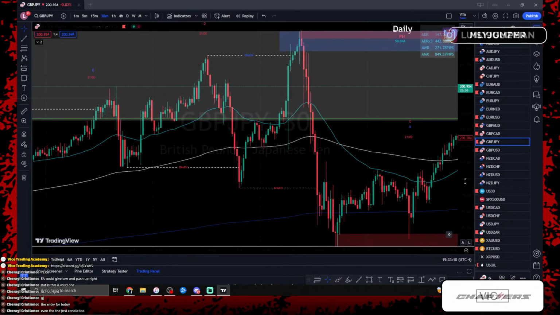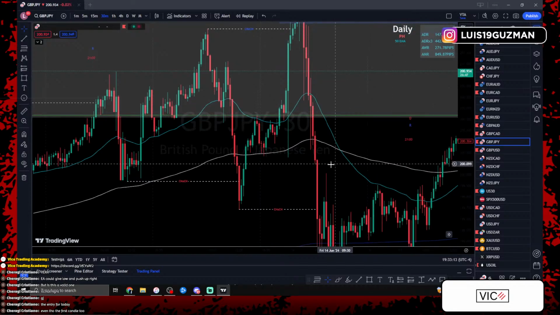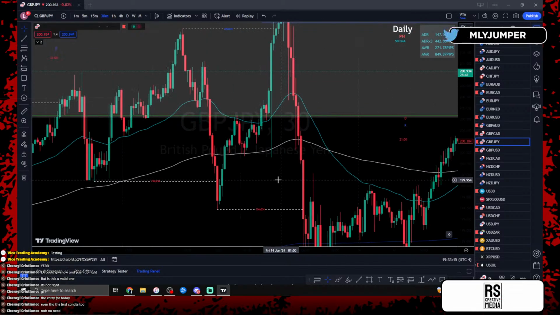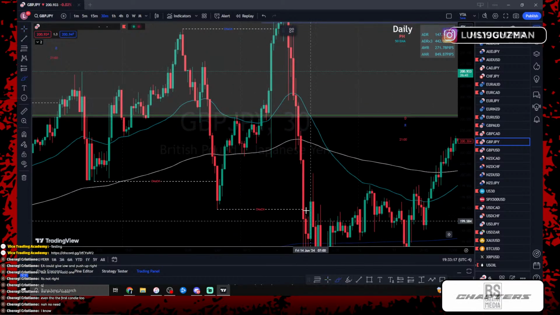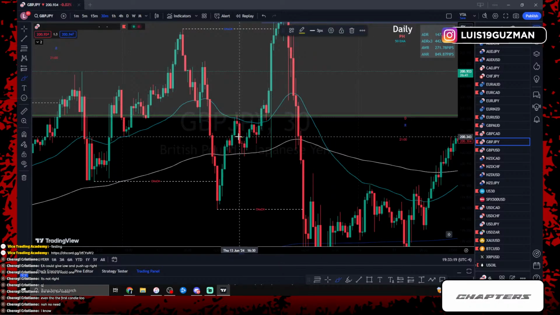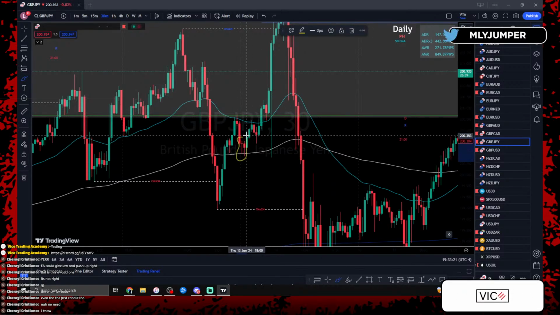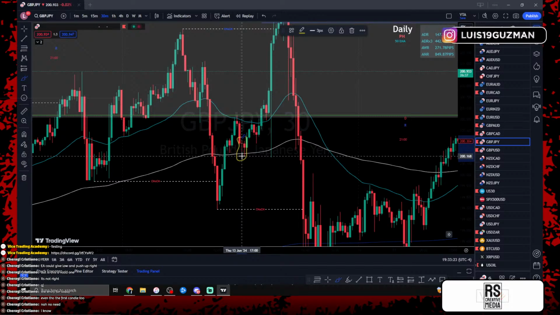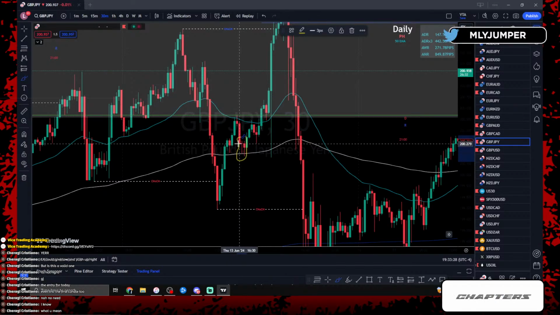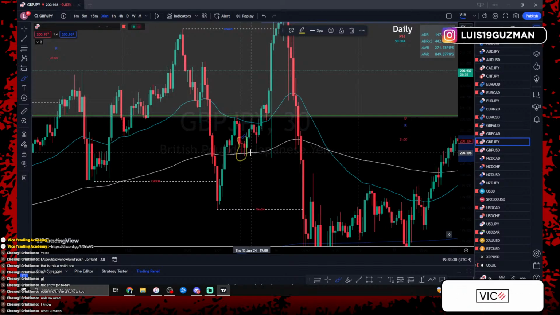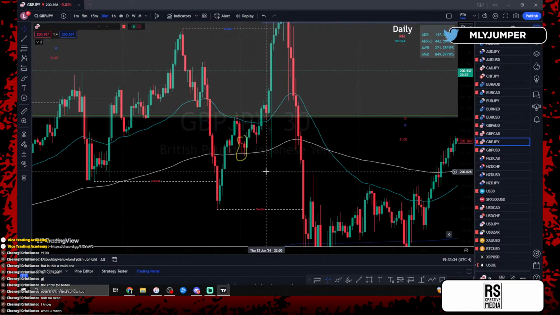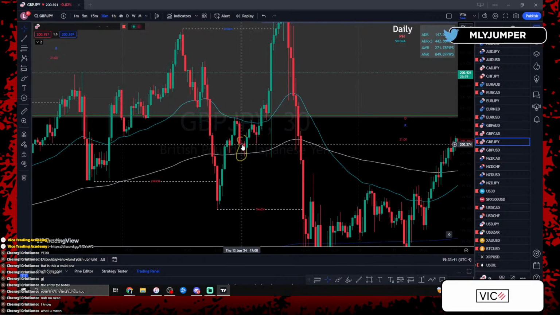A pair like GJ, US30, gold, oil, USD ZAR, you're not going to find these kind of candles the entire time. You'll find them, but where are they given? This is the opening candle, 5 p.m., an opening red candle. No need, I know what you mean, I got you. But just for everybody else to see the difference, a pair like GJ, US30, those very big pairs that move 100 plus pips a day, it's very rare to find this candle.